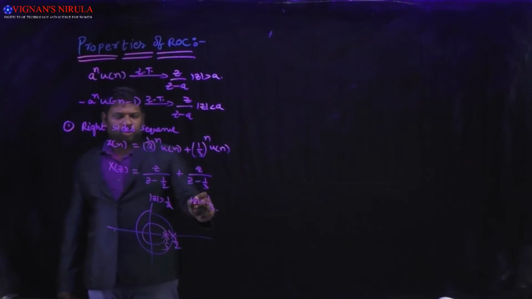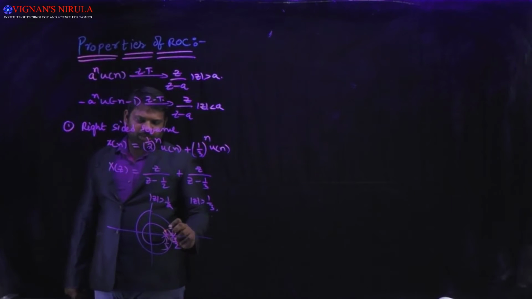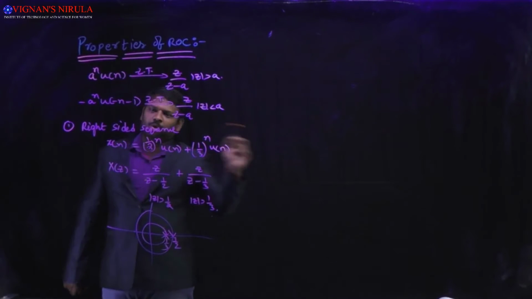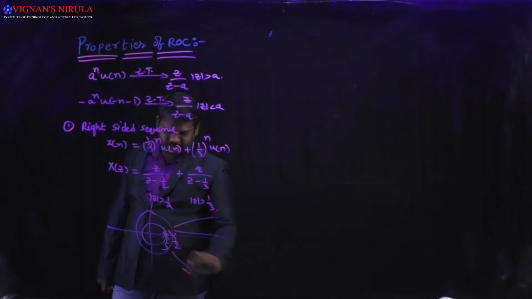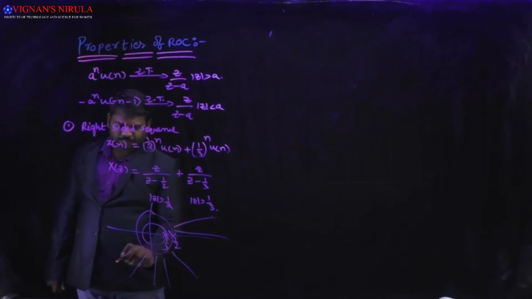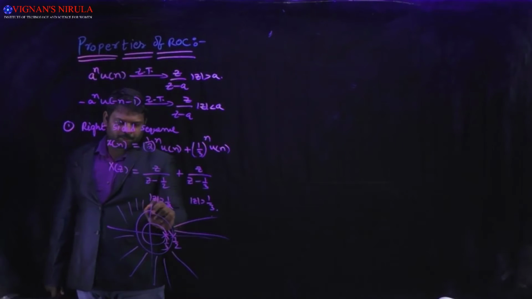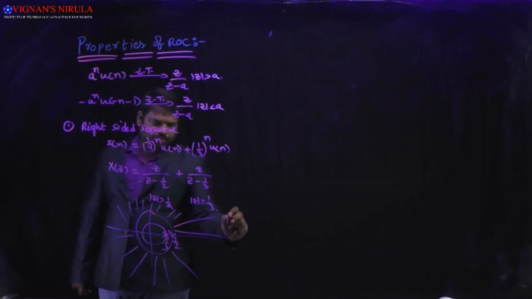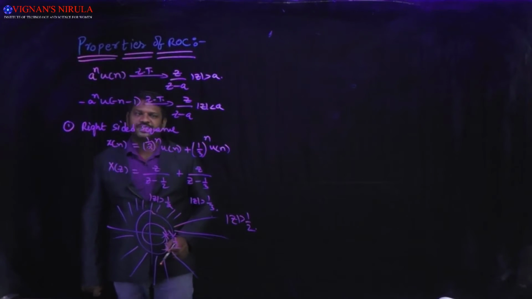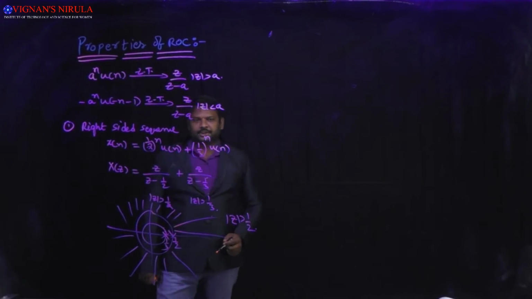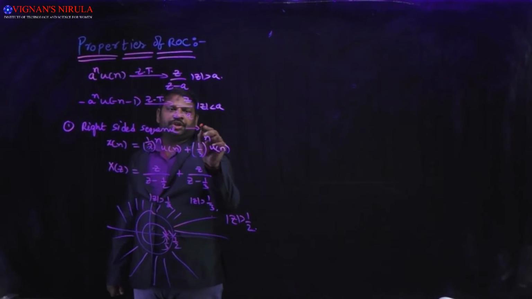First case, mod Z greater than 1/3, that means outside the inner circle, and mod Z greater than 1/2 means outside the outer circle. Therefore, the common ROC will be nothing but mod Z greater than 1/2. That mod Z greater than 1/2 is your ROC. That is, for a right-sided signal, the ROC is